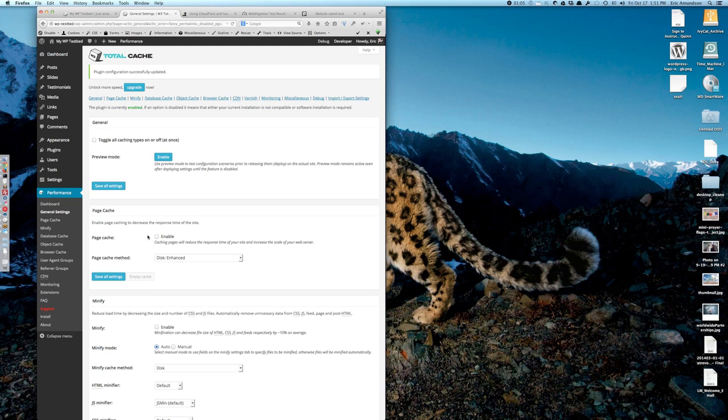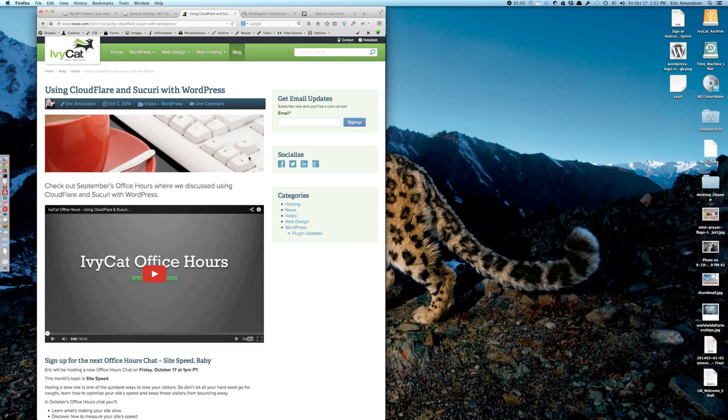So when you use page caching, what you're doing is taking those pages as they're built and saving a copy of them into a quick reference file, so to speak. So that means when I come to this page the first time, or when I first published this page and it got a visit, WordPress built this page and saved a copy of it in the W3 Total Cache, so that when Patrick comes along a few minutes later or an hour later and says, I want to read that article about Cloudflare and Sucuri, and he requests this URL,